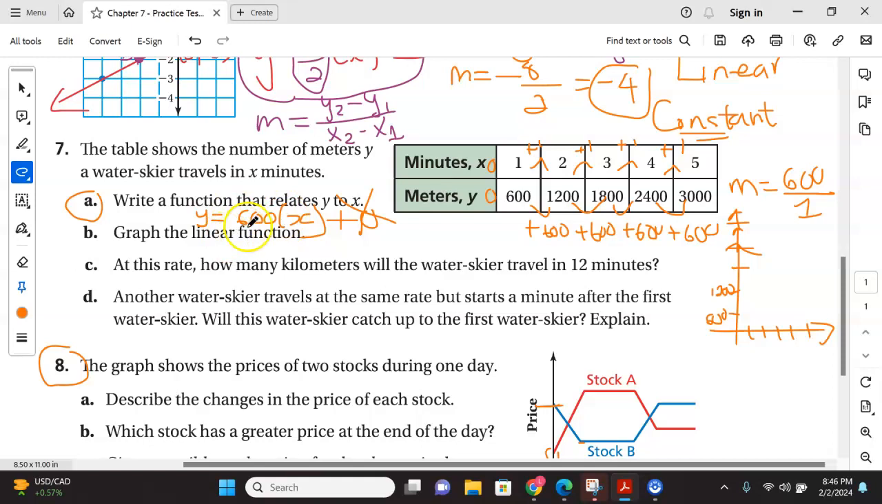Once you have that, the next part asks, at this rate, how many kilometers will the water skier travel in 12 minutes? So first things first, you have to take 12 minutes and plug it in for x. However, that answer is going to be in meters. Now I'm going to give you a hint: 1000 meters is equal to 1 kilometer. So don't forget to convert that into kilometers, okay? And now I'll let you guys go ahead and take care of part D. Any questions, feel free